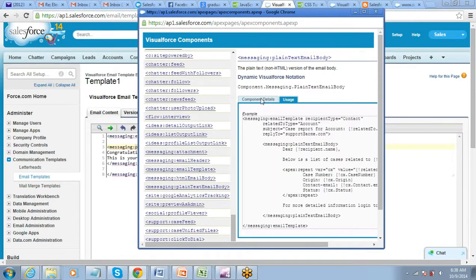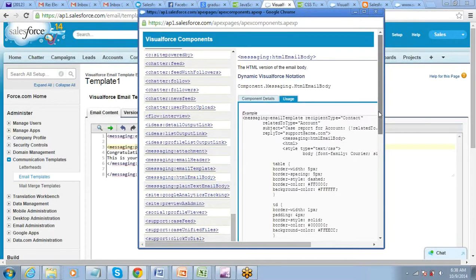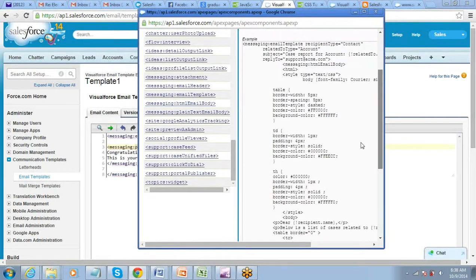So whatever number of examples you need, you will get it from here. Now, see, this is a complete email body that they have created using plain text. Similarly, if you want one more example of HTML email body, here it is. Now they have put some HTML coding here.